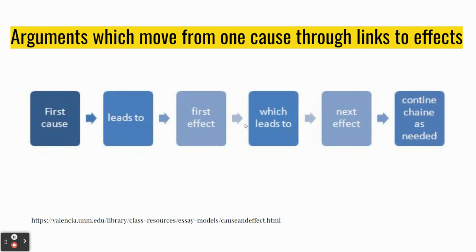I know I talk a lot about being a former debate coach, but this was the argument I heard on a lot of negative cases or a lot of negative arguments. Use this formation. If we do what the affirmative says, that's the first cause. It will lead to X, which will lead to Y, which will lead to nuclear war, which will lead to the extinction of all humanity. I don't want to read about the extinction of all humanity with all of the prompts that we have talked about, but I do think it's important to understand that this is one way that some of those papers perhaps could be written.